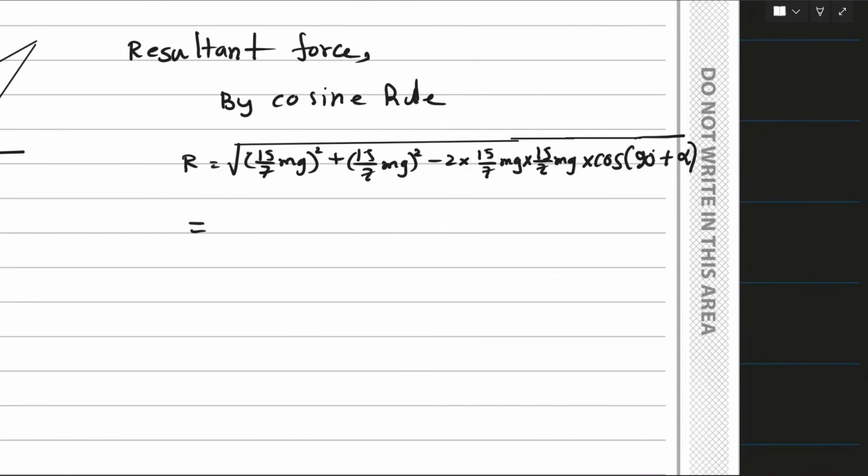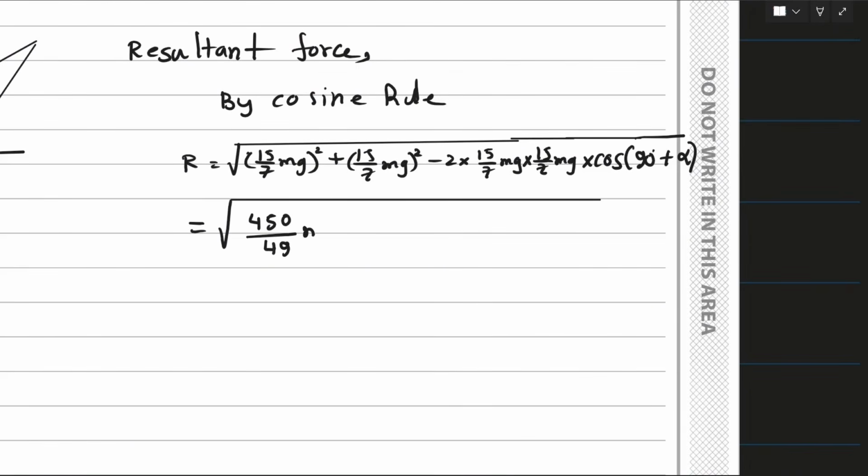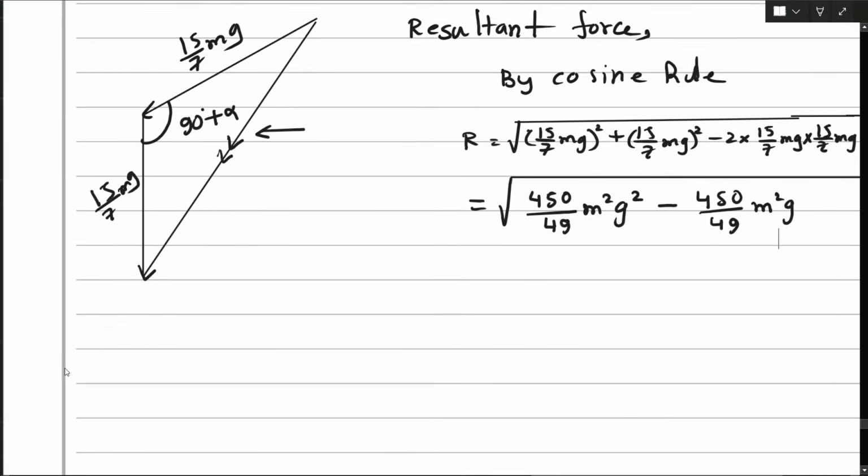So now this will simplify to, so from this we have root over of 450/49 m square g square minus 450/49 m square g square into cos of 90 plus alpha. So if we think about this quantity,